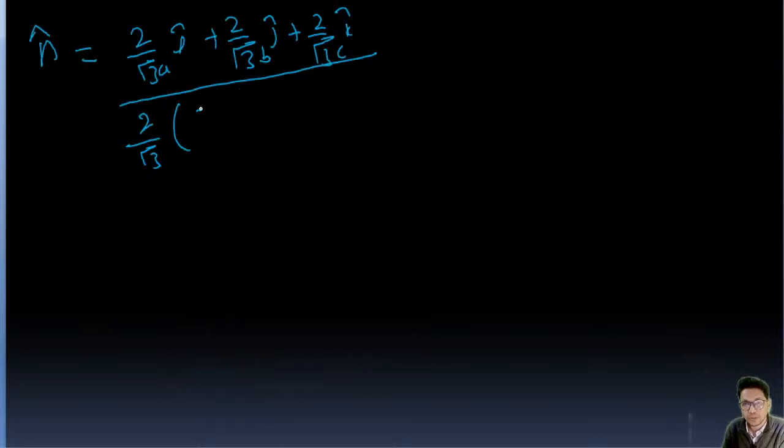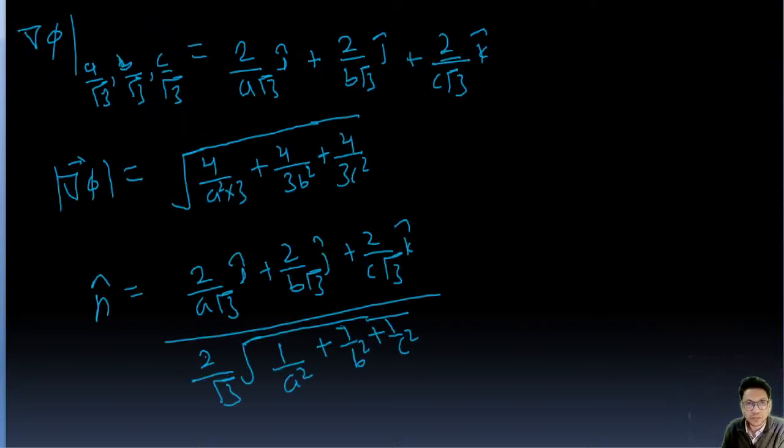It is going to be root a square b square c square, we have taken LCM here, and then it is going to be b square c square